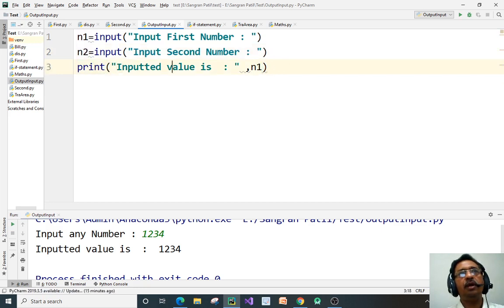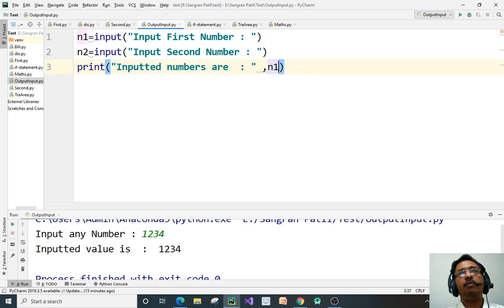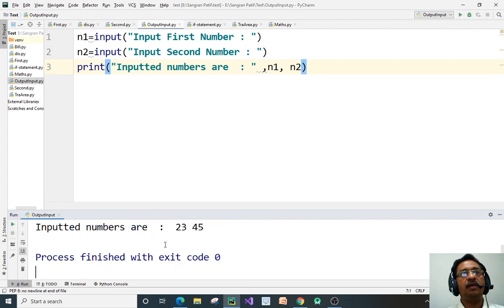So "inputted numbers are", and I want to print both N1 comma N2. If I run this now, input first number, suppose 23, input second number 45. Now it gives here inputted numbers are 23 and 45.